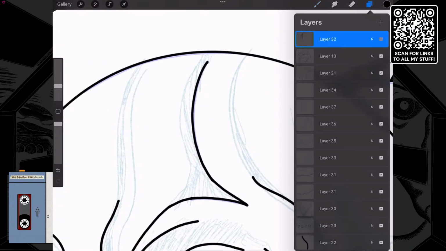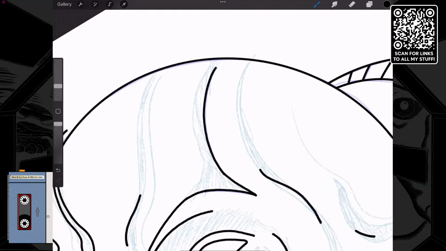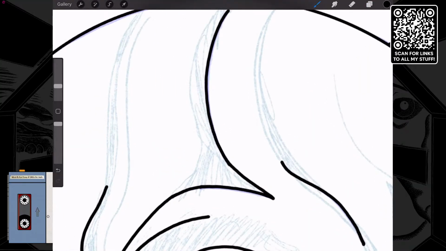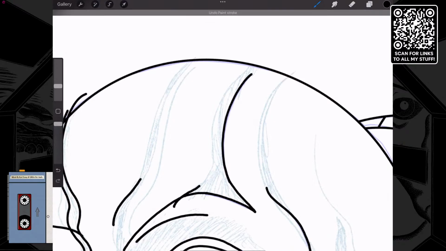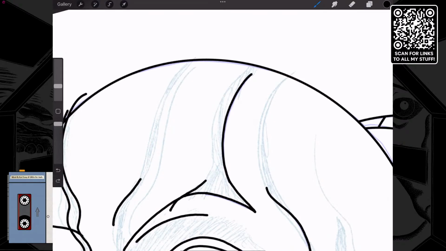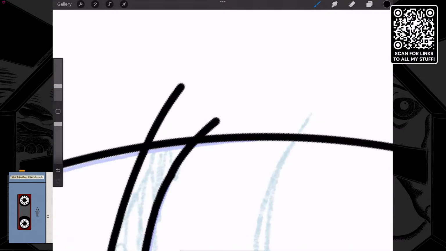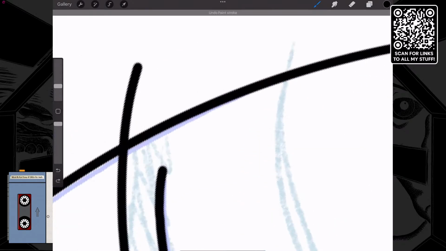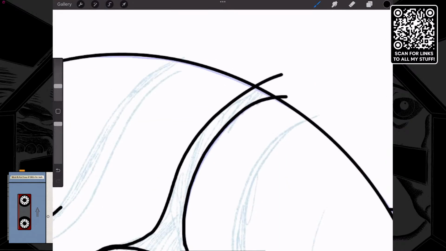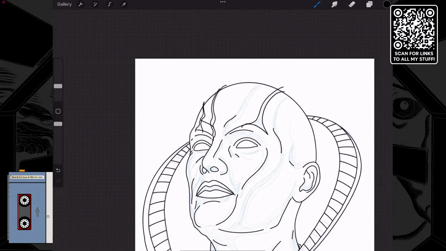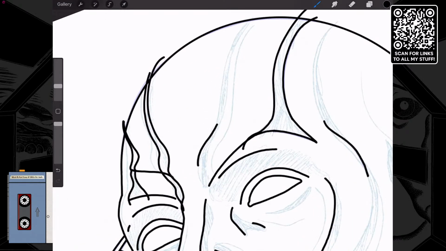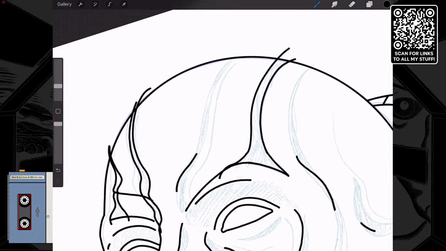Where's the edge of that? Yeah, see, that's going to be the trick. The trick with this is to... well, I shouldn't have started there. There we go. The trick with this is to get this to look... I don't like that. I think my original curve was better. There we are. So you want it to follow the contours of the face, but then you also have to figure out how to make it look like reflections, and that's the tricky bit.